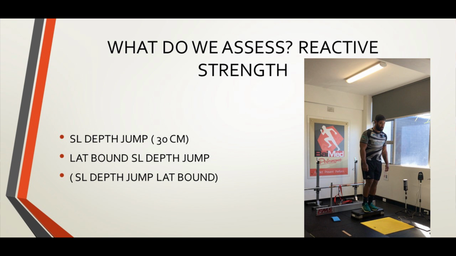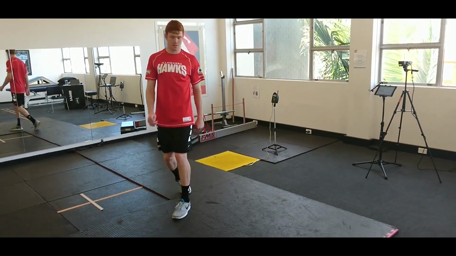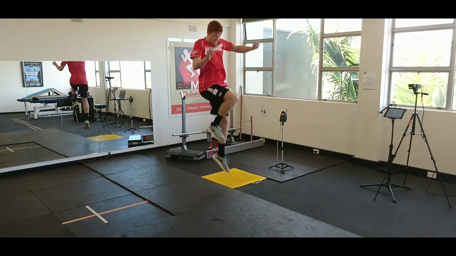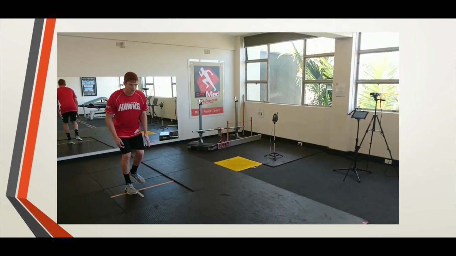So we started using a single leg depth jump to lateral bound, and this is a lateral bound to vertical hop, so transferring that lateral force into a vertical force. And we started to make our own RSI measure, so a lateral RSI versus a vertical RSI, just thinking of ways that we can try and measure this. So that's a lateral